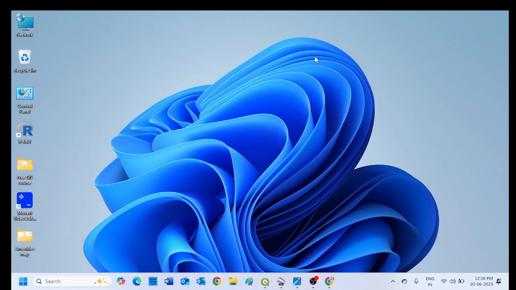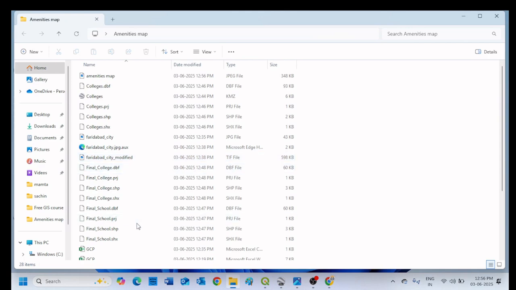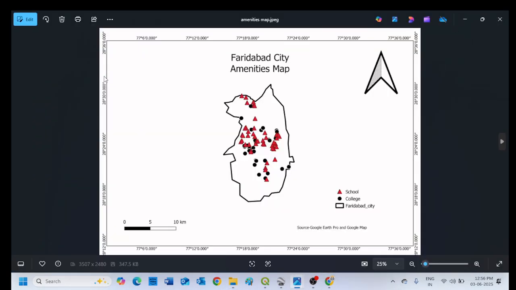Let us go back to the folder and see how the map is created. So this is the final layout. This is my final layout. So this is how you can easily create an amenities map, and finally you can create a layout of it. So students, now you are suggested to follow all these steps as done by me, and then share this final map layout. You can mail us at our mail ID